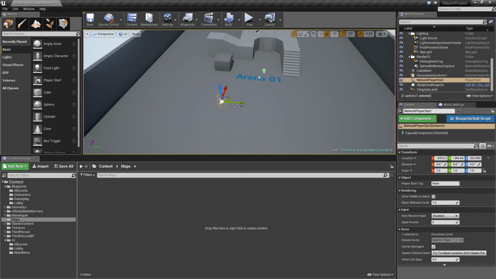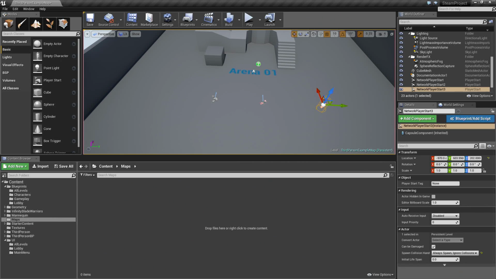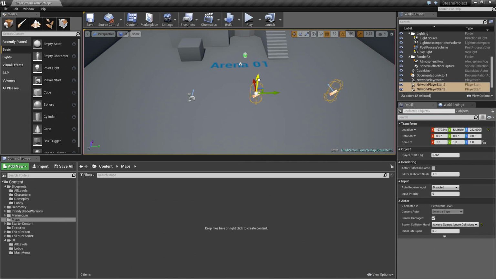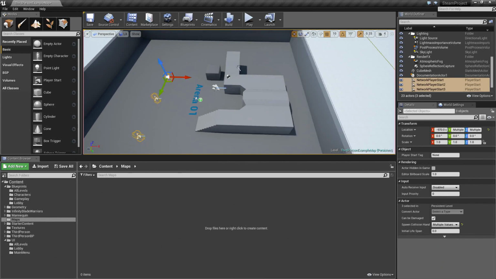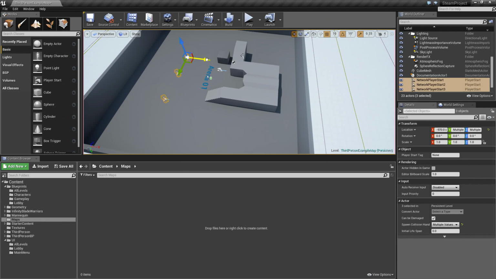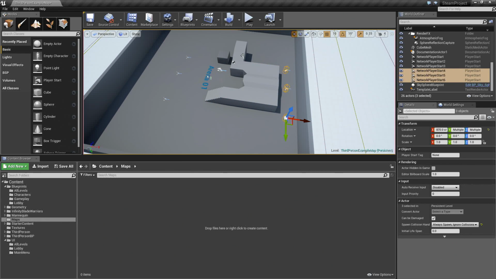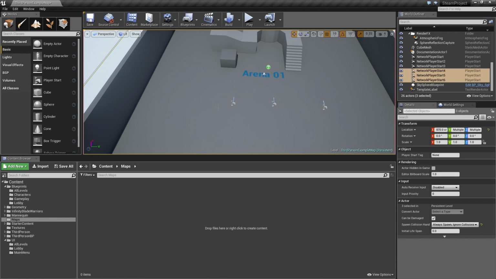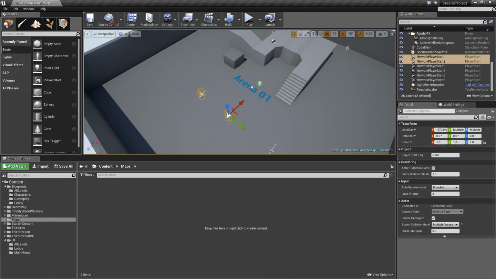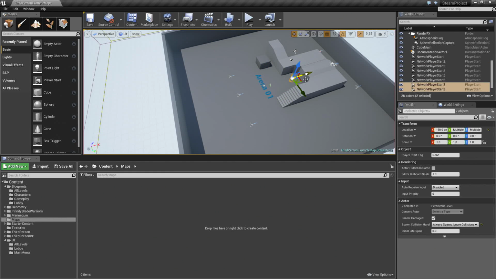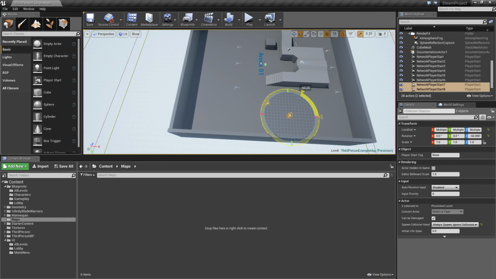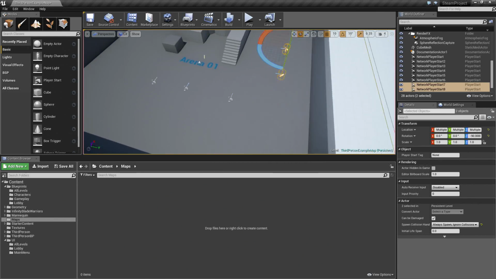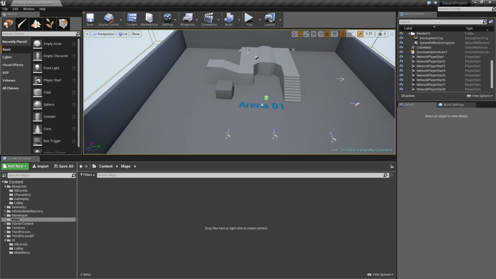And I can hold Alt and drag out a couple so that we have a couple places to spawn here. Let me select both of them and just move them up off the ground a little bit. I'll select this one now. So I have 3 selected, and I'm going to hold Alt, drag those to the back. So we have 6 spawn points. I guess we could add 2 more. Take 2, hold Alt. Again, this is not a gameplay arena that I would want to play in because there's not a lot of cover, but we just want to demonstrate how you can choose different maps. So we have 8 spawn points now.